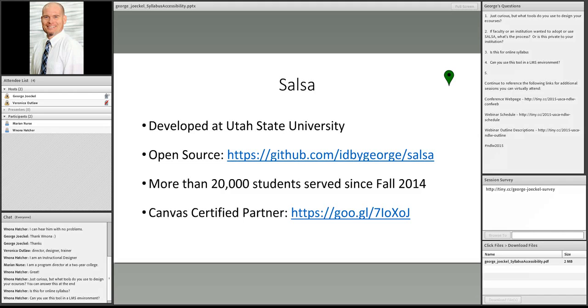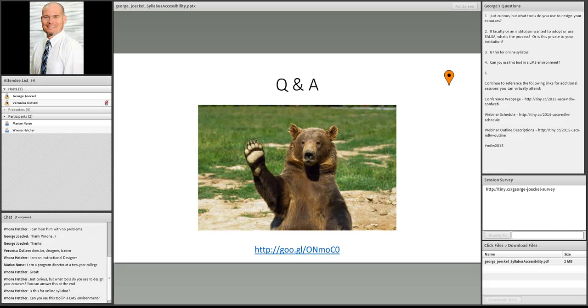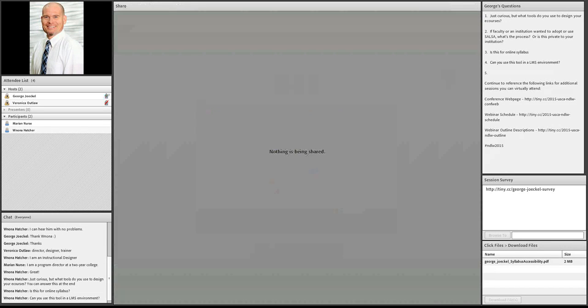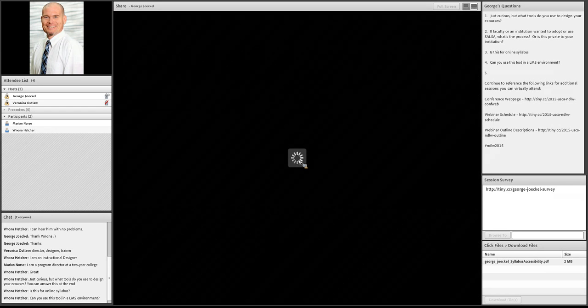The reason why we have this tight integration with Canvas is that's what we use in the state of Utah. All of our institutions are on Canvas. Much like it sounds like there's a consortium of colleges in Georgia using Desire2Learn. And we've been using Canvas for, boy, 3.5 years, I would say now.